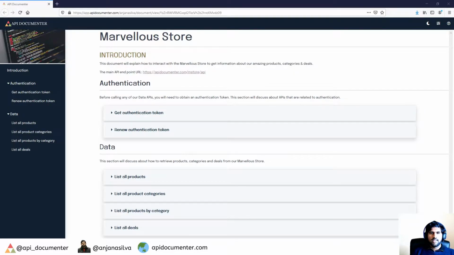The document that you are seeing on your screen now is a test document that I created for a company called Marvelous Store. As you can see on the screen, this document has a title and an introduction which says what this document is all about, such as what sort of information this document will cover. For instance, this document will cover how we would talk to Marvelous Store to get the information about their products and categories and their amazing deals, and also this document will tell you that the main endpoint URL is